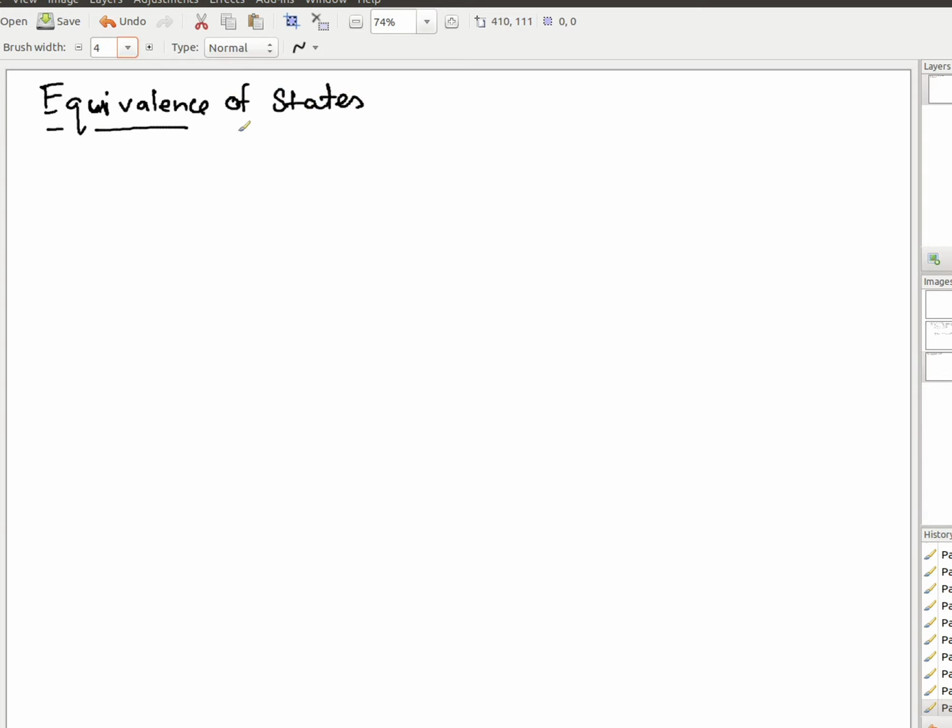When we say that two states are equivalent, given two states P and Q, we say that they are equivalent if, whenever you take delta cap of P,W and delta cap of Q,W for any string W in sigma star,